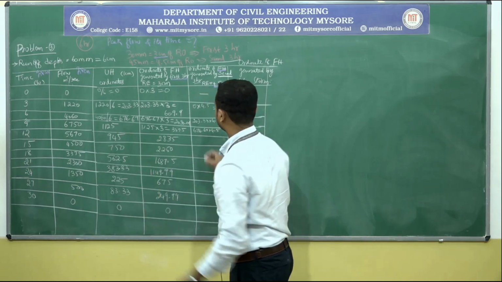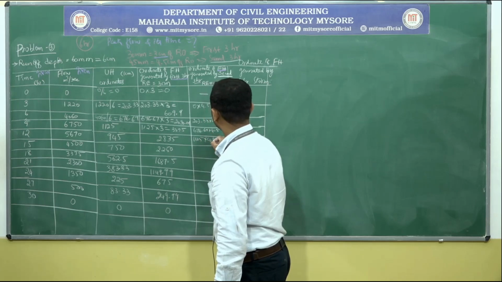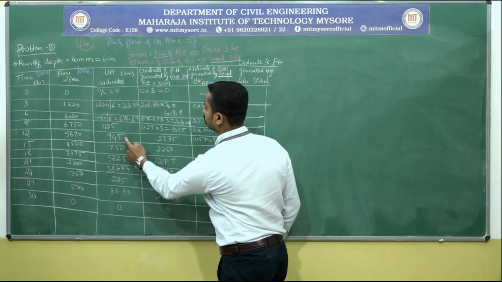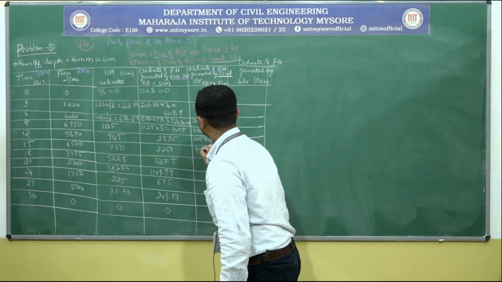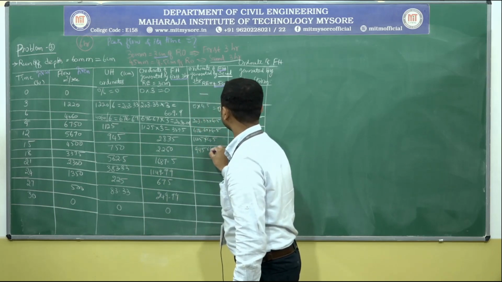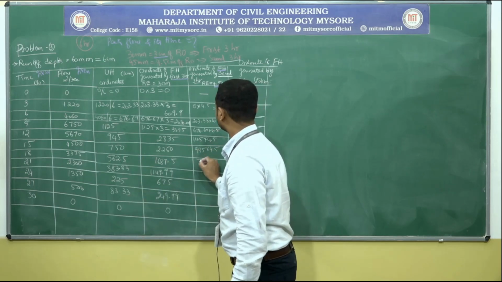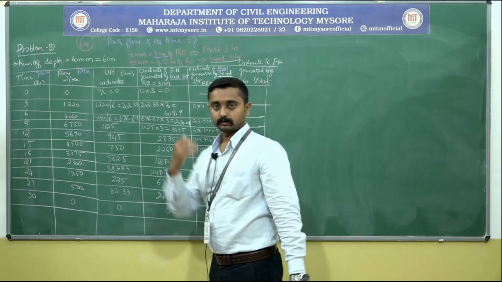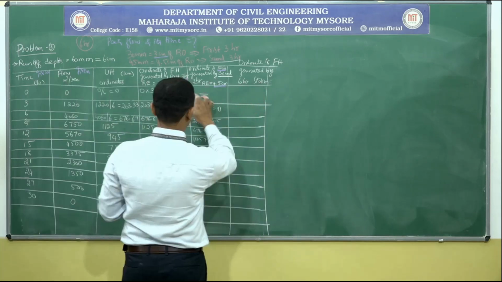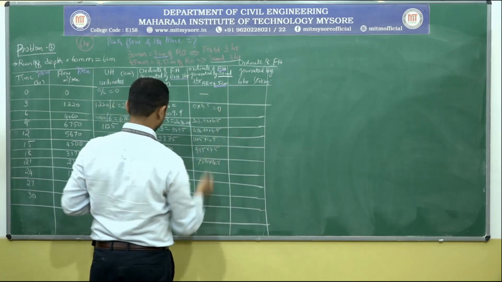Next 1125 into 4.5. Next 945 into 4.5. Similarly for the rest of the ordinates 750 into 4.5. Calculate by yourself. Value is lagged by 3 hours. Next value is 0. Next